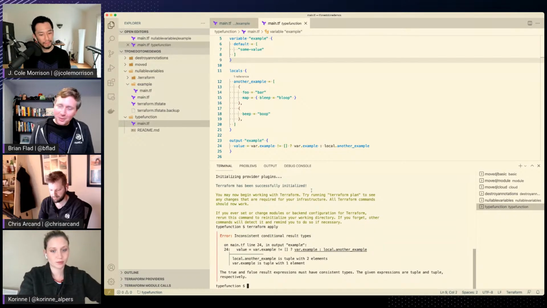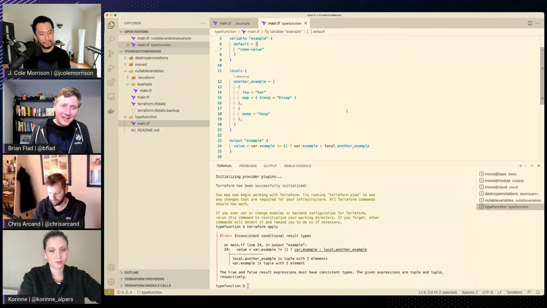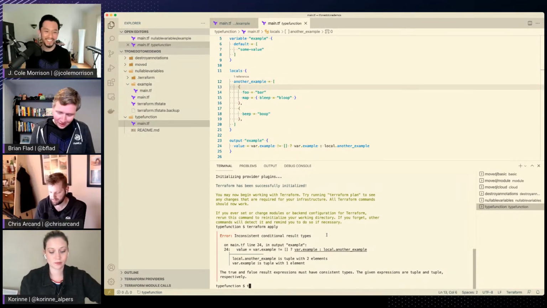If I run Terraform apply, it is going to say the two sides of my conditional don't actually line up. And that's a little confusing. I see these brackets here. That's exciting, there's brackets here. What's going on? So if we take a look at Terraform console here,